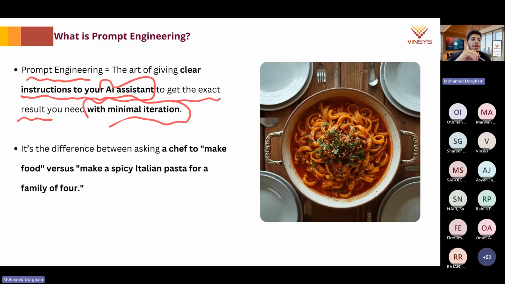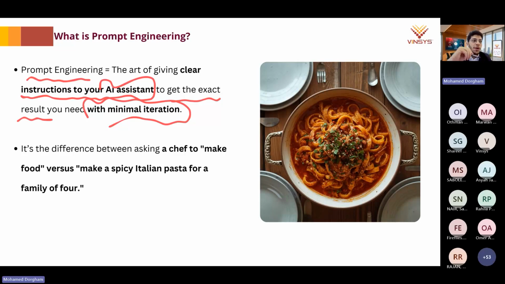Every time you go to ChatGPT or any AI system, you want to get the answer that is in your mind. But how exactly are you going to get it if you don't clearly send the instruction to the AI in an effective way? This is where we see prompt engineering in action.